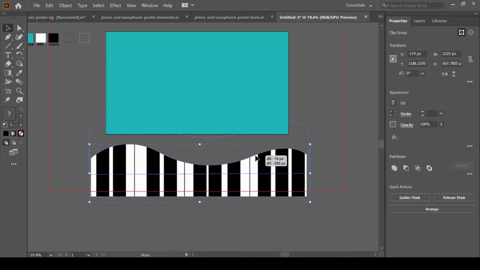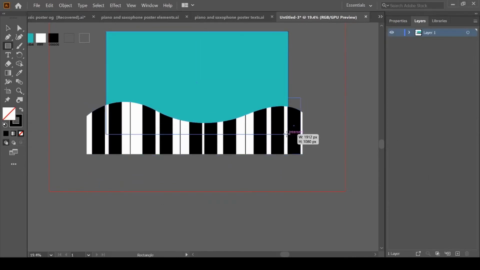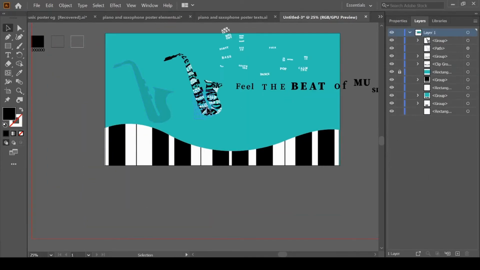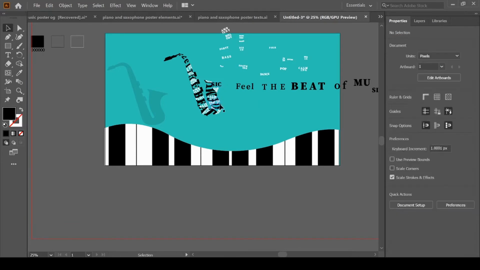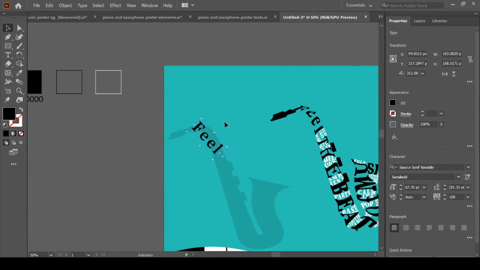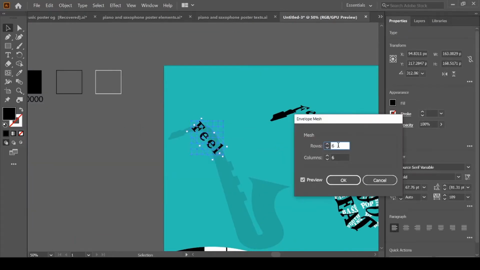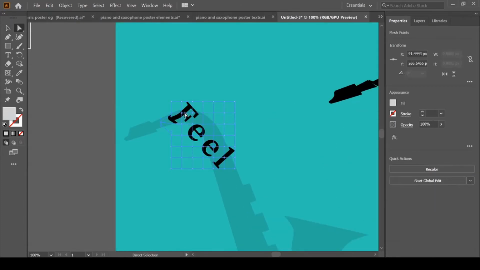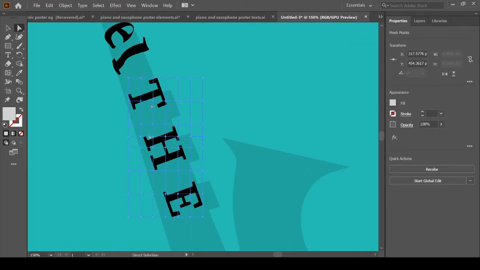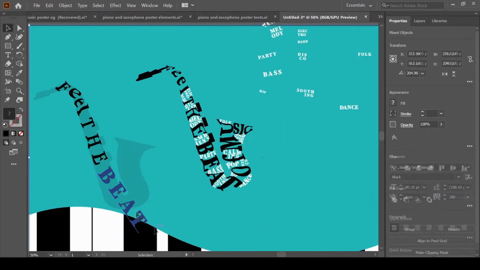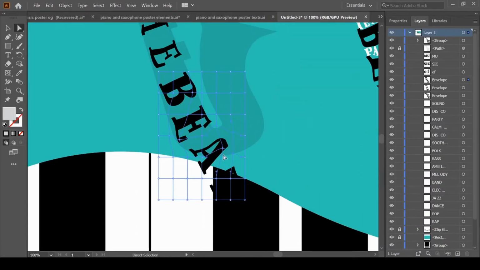So in today's video, we're gonna use basic tools like pen tool, rectangle tool, line segment tool, and last but not the least, the little bit complicated mesh tool. Actually it is not complicated. You just have to be very patient when you are using mesh tool because you will have to spend a good amount of time to acquire good results. So today we will use envelope distort with mesh tool to warp our text in a saxophone shape. By using the same technique, you can warp any text in any shape.